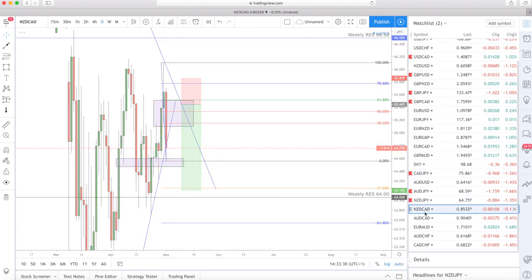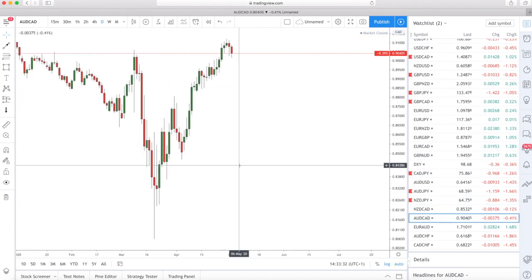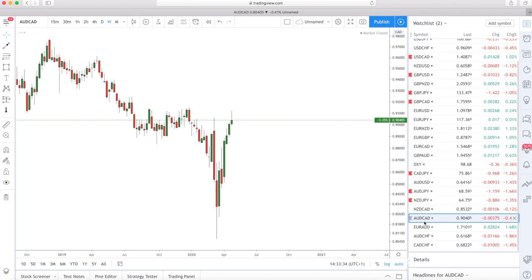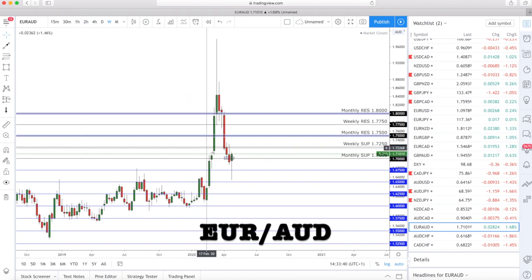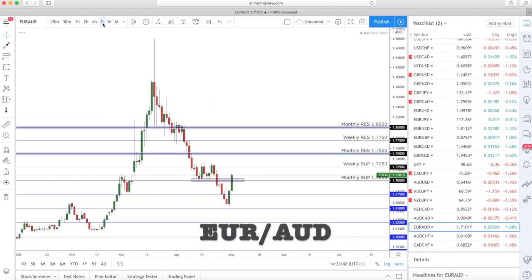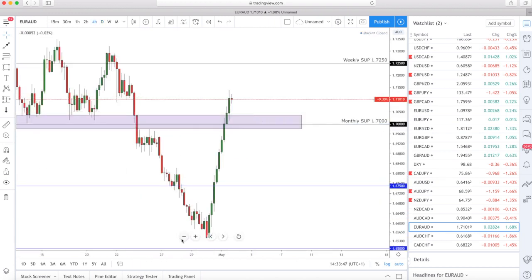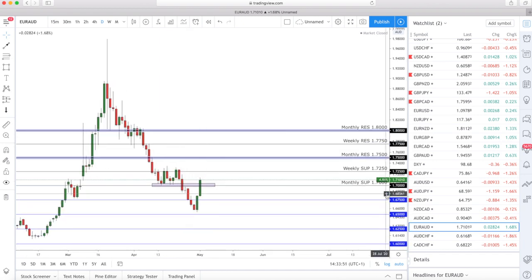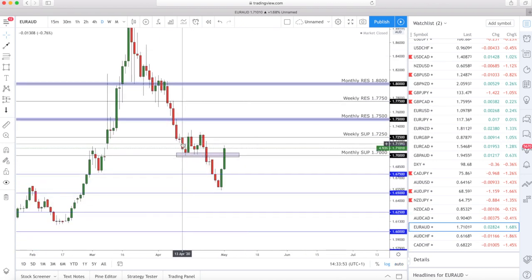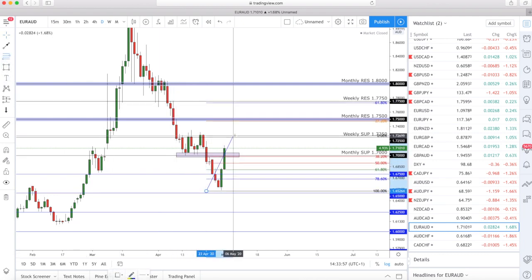So I think that's it, guys. All the others are quite indecisive so far, and nothing really sticking out. Although this Euro Aussie, this weekly pin bar, this could be interesting next week. See here as well. Let's go back to daily. It looks a bit more clean. This inverse head and shoulders, left shoulder, head. So we might potentially,